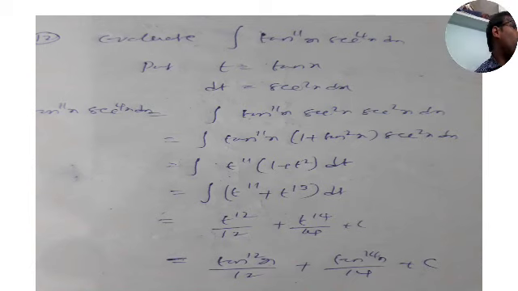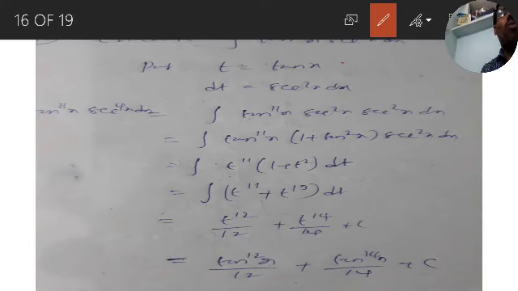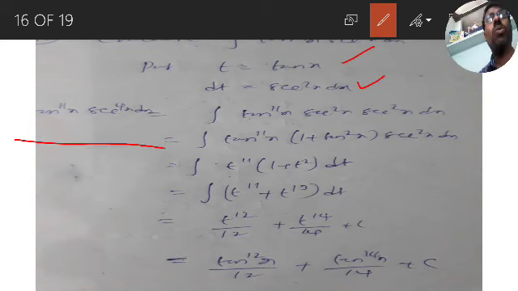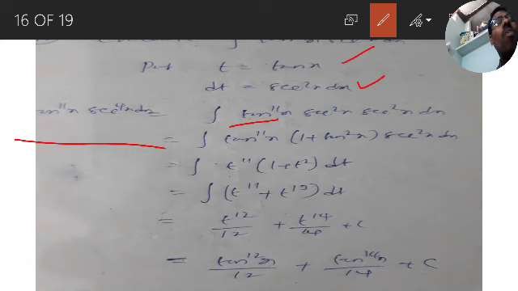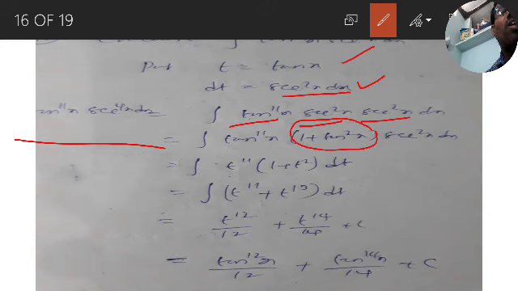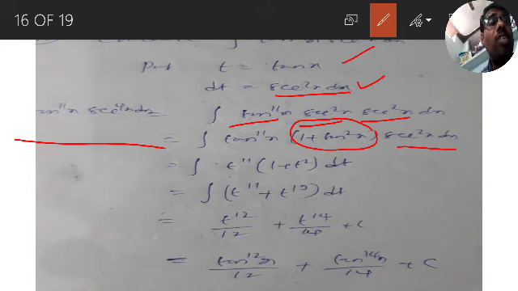You know, the derivative of tan x is sec square x. So substitute, put t is equal to tan x and dt is equal to sec square x into dx. Now substitute in the formula. Integration of tan power of 11x into sec power of 4x dx is tan power of 11x. Sec power of 4 can be written as sec square into sec square. Tan power of 11x, sec square, is equal to 1 plus tan square. One sec square into dx we keep as it is, because sec square into dx is dt, and the other sec square I write as 1 plus tan square x.